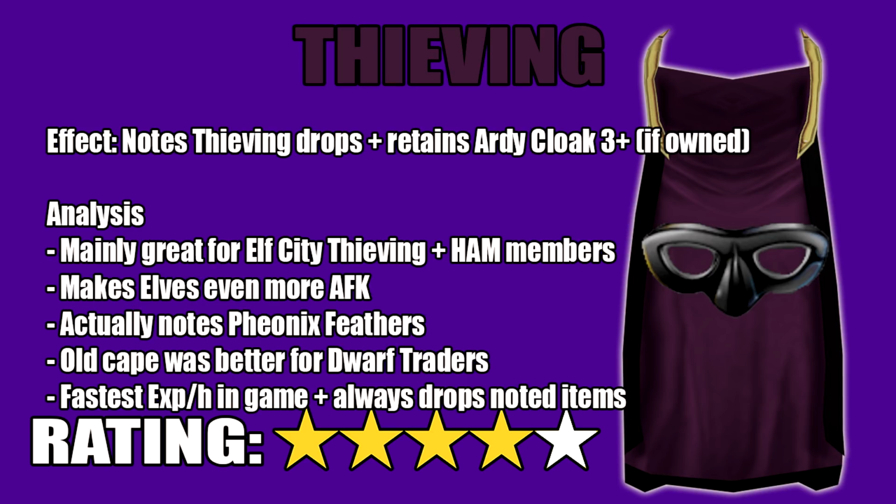After that, we have the Thieving Cape, and basically the thieving drops are now noted, as well as retaining the effects of RD Cape 3 if you own that already. This is mainly great for Elf City thieving and the ham members for the easy clue scrolls. Essentially, it just makes elves even more AFK because obviously they drop a lot of unnoted stuff. Another noteworthy place you can use them at is Phoenix Feathers because they actually note them,